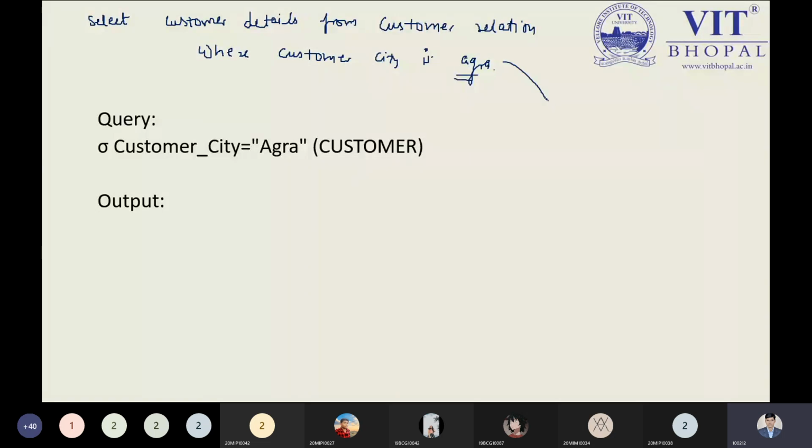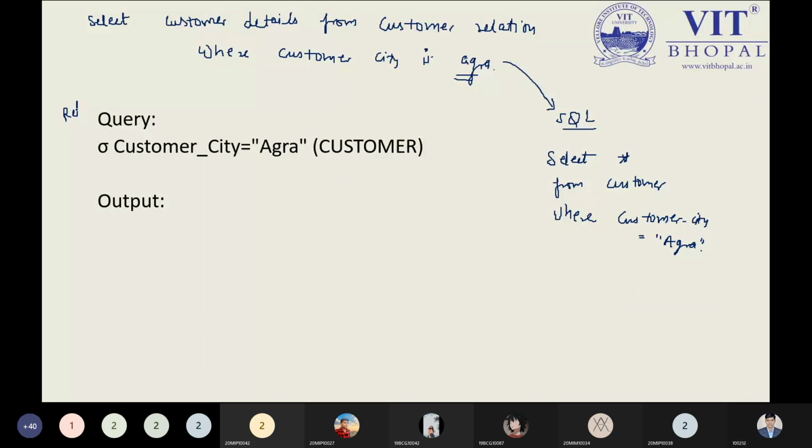If I need to write this query with the help of SQL, I can write it in a simple way: select star from customer table or customer relation where customer city is equal to Agra. But in the case of my relational algebra based query,